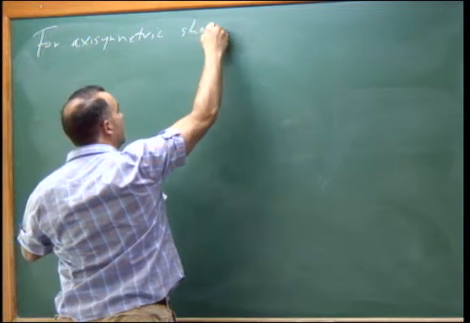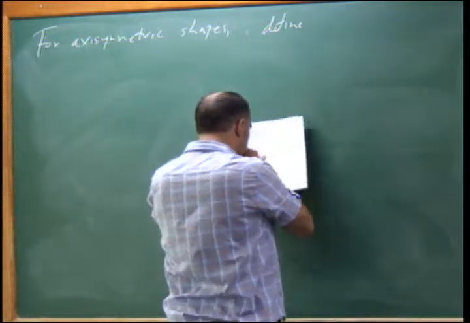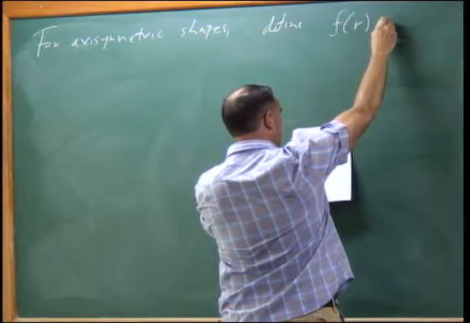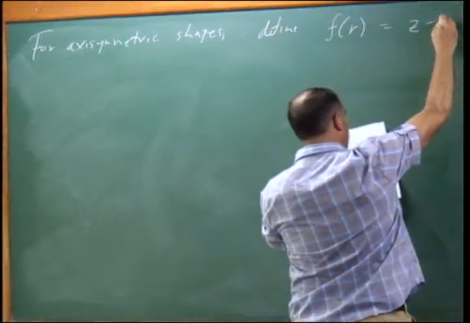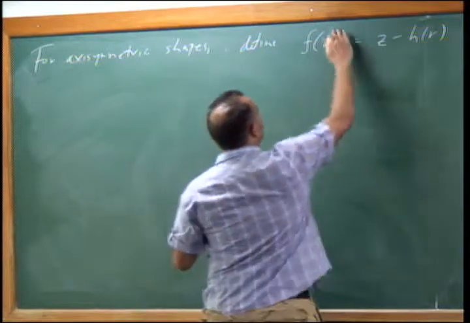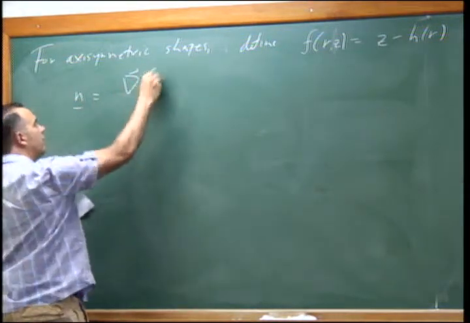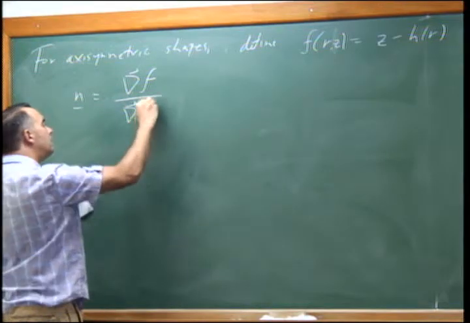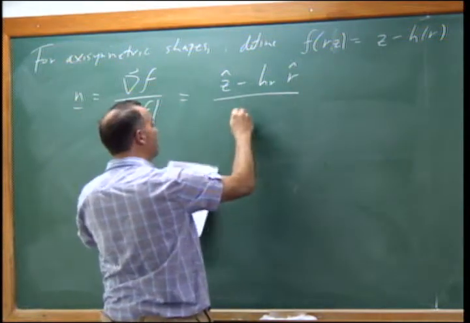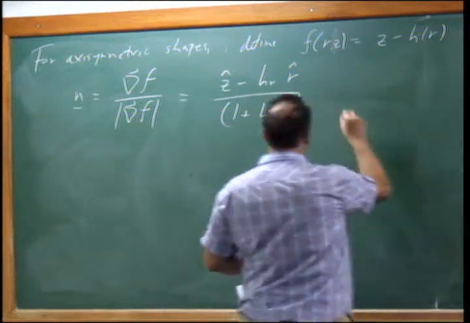So for axisymmetric shapes, okay, so our normal, as we saw before, is the gradient, the surface functional, divided by its magnitude. And so the divergence of the normal